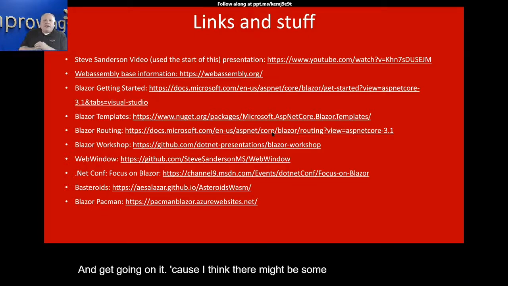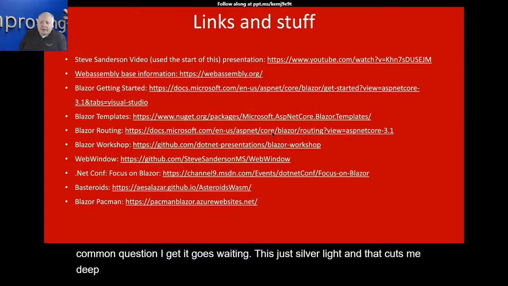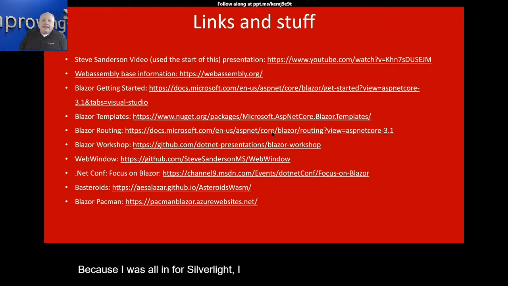The common question I get is, well, isn't this just like Silverlight? And you know, that cuts me deep, man. That cuts me real deep. I'm just saying, because I was all in for Silverlight. I truly was, and they just kind of ran out of steam on the thing